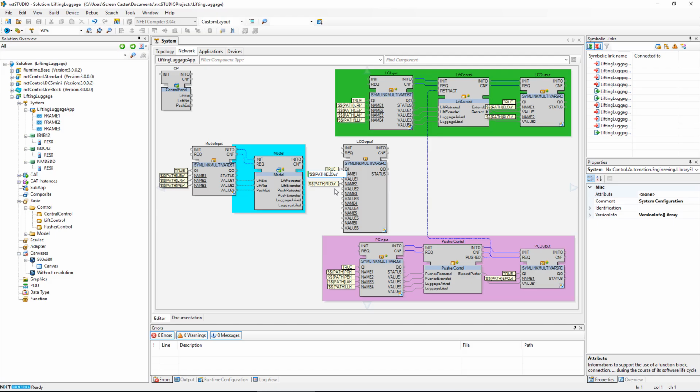This one is called lift retracted out, lift extended out, pusher retracted out, pusher extended out, luggage arrived out, luggage lifted out,